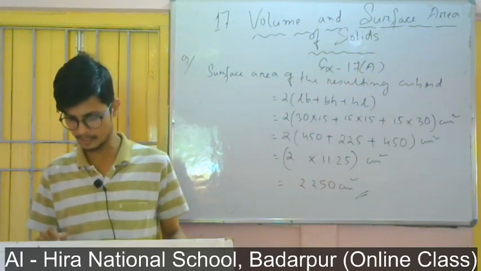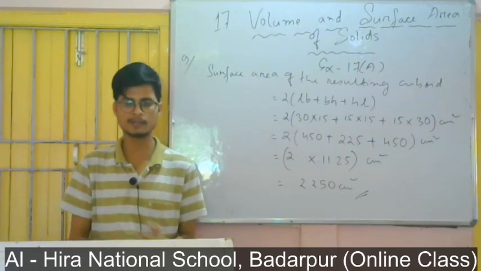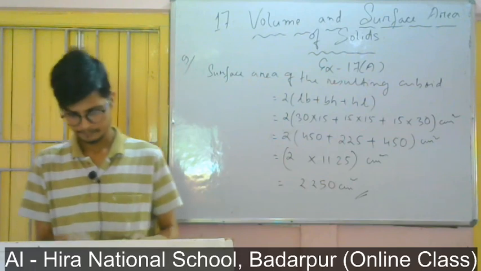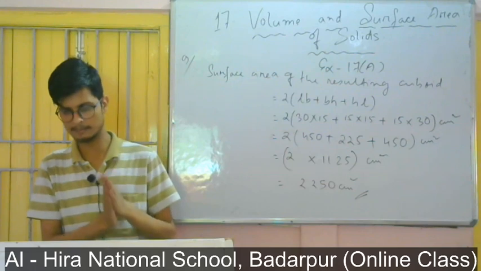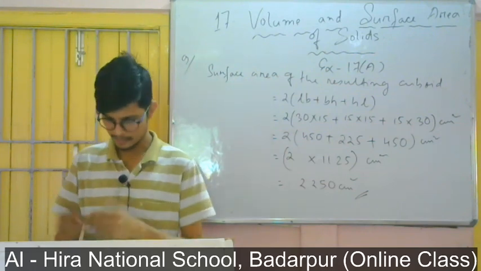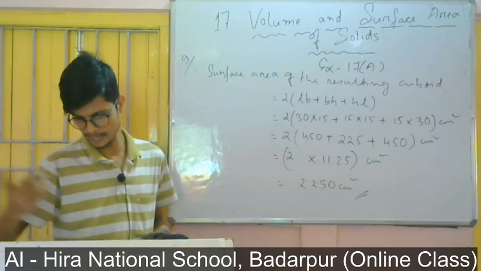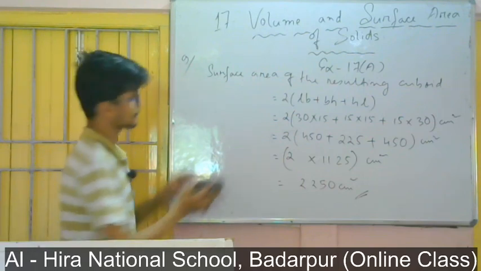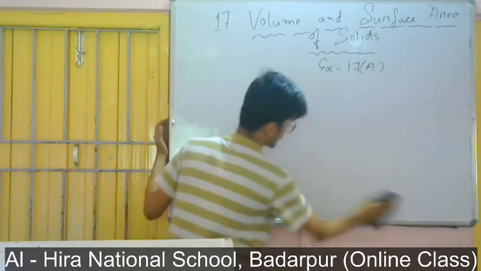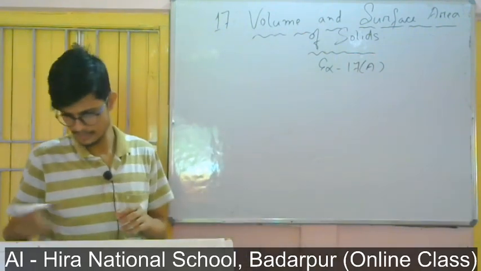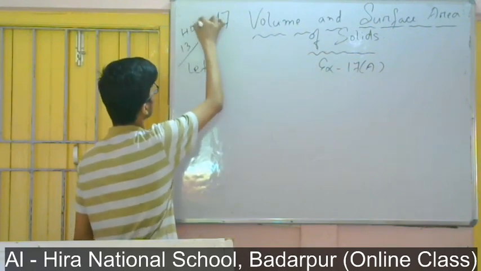So since in this question the area of the four wall is given 120 meter square, that means I have to use this formula. Area of the four wall, we know it is equal to 2 into LH plus BH. We will use this formula, and first of all we will find the value of x. First of all I will take the breadth as x and length will be twice its breadth, that means twice x. So you write, question number 13, high order thinking.